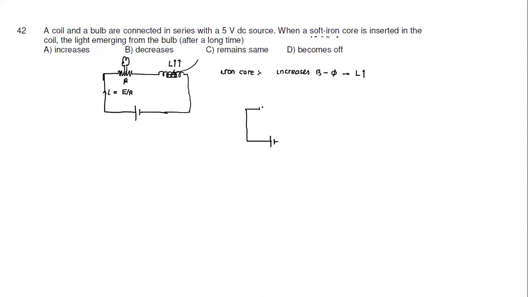an iron core, which term will change here? If I insert an iron core, which term will change here? This L will become many times more. But even if L increases, what will happen? It will lead to some change in the current. But when L increases, after a long time, it's not talking about what happens immediately. What will happen to the brightness? What will happen to current after a long time? Will the current depend on this value? It does not depend on the value of L. So when the question is about the bulb after a long time, the inductor has no effect.